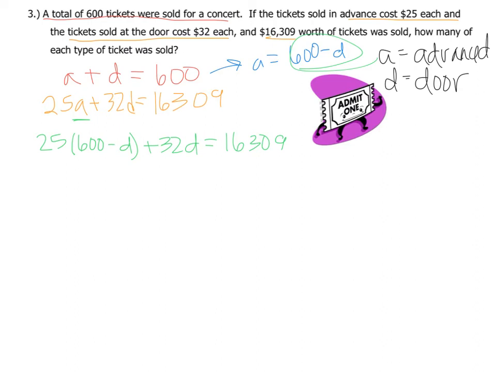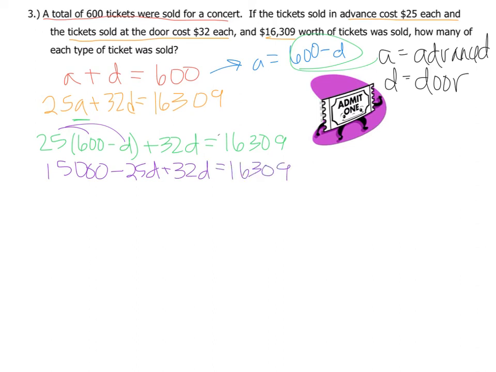And we're going to do the distributive property. 25 times 600 is 15,000. 25 times negative D is negative 25D plus 32D equals